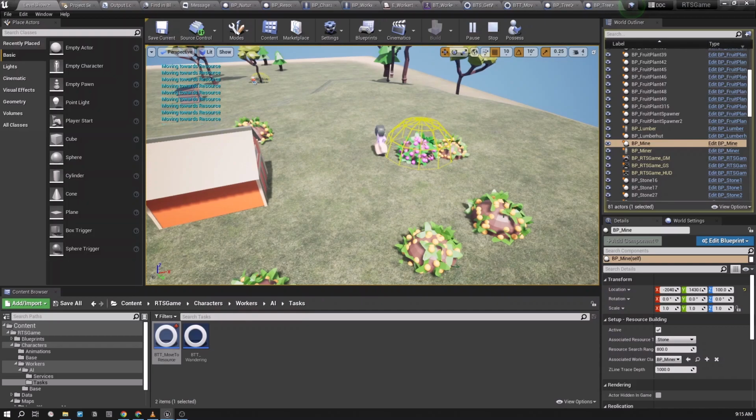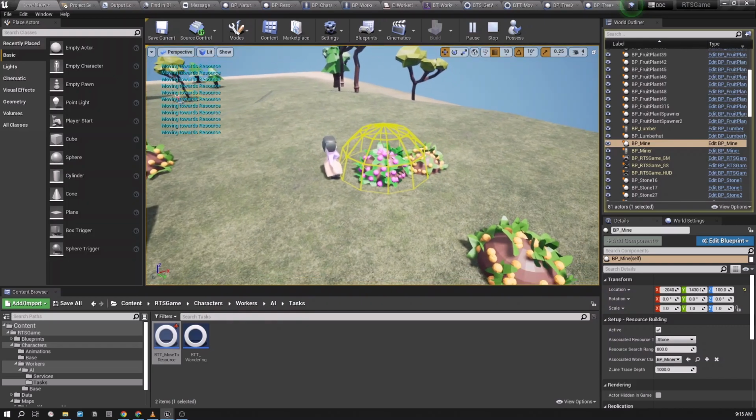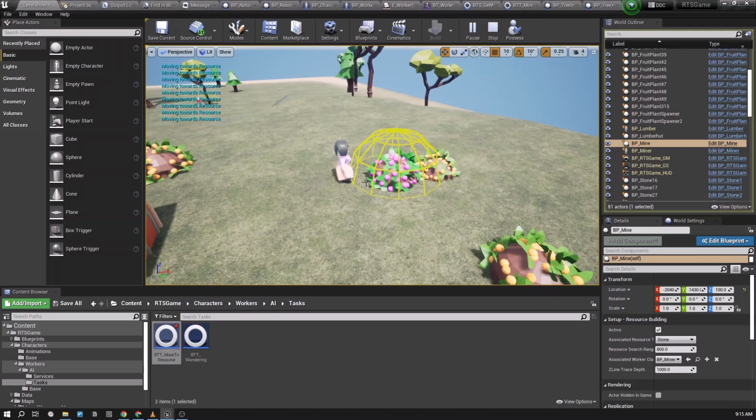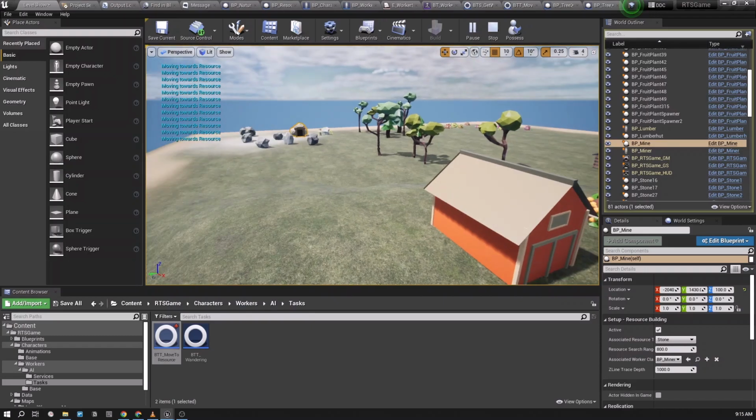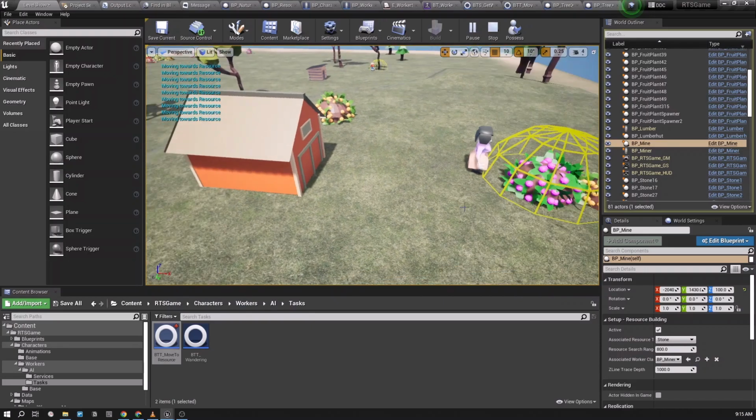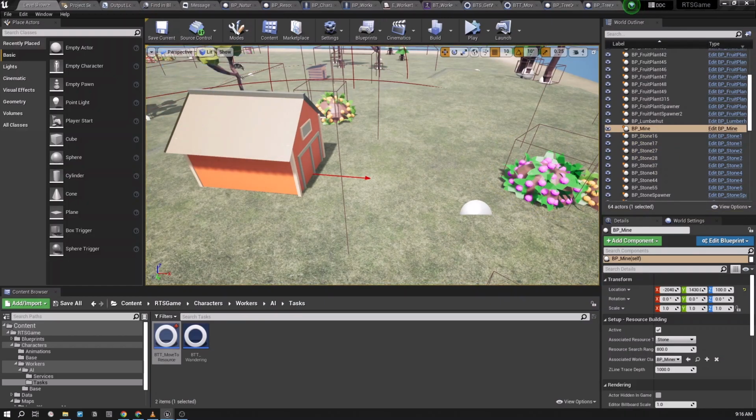But now we need to vary this stop location, right? Because currently you can see all of those three characters have a predefined stop location, which is 100 points out of this specific target location. But we have different types of resources and different sizes of resources. So this stop location should vary based on that specific resource. Right? So in order to distinguish that, we can go to